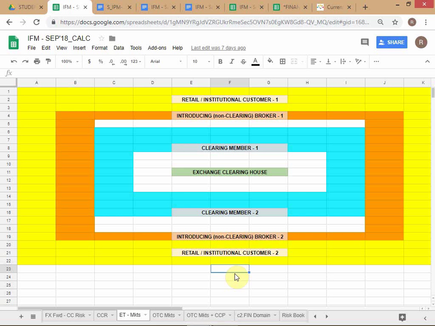But the ECH, the short answer is, those initial margins are set by the ECH, and nobody can go below those. Every CM has to deposit whatever the initial margin is set by the exchange for each contract. For each contract it will be different. We are coming to why that is. The initial margin is different for each contract. The numbers are set by the exchange, and so every CM has to submit that initial margin if it wants any contract to be recognized by the ECH. Is this clear?